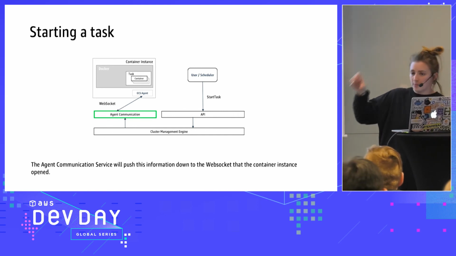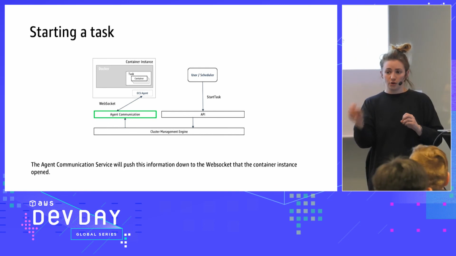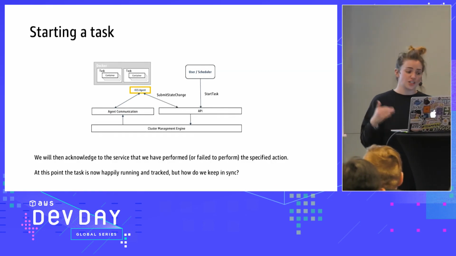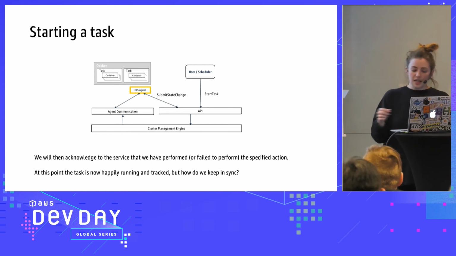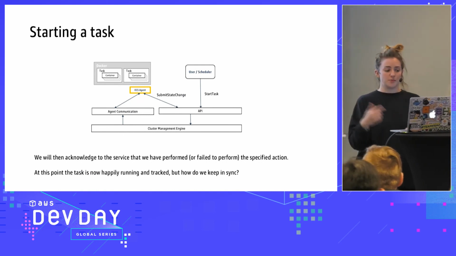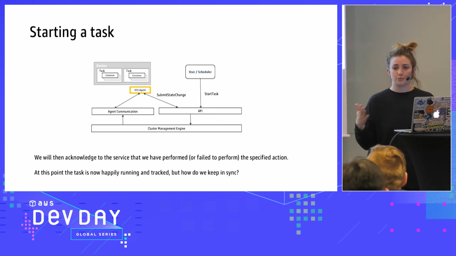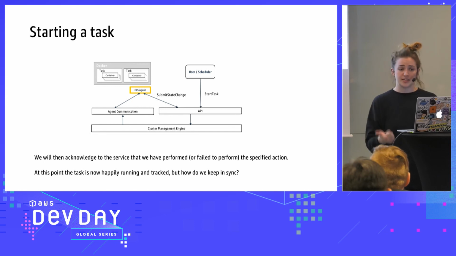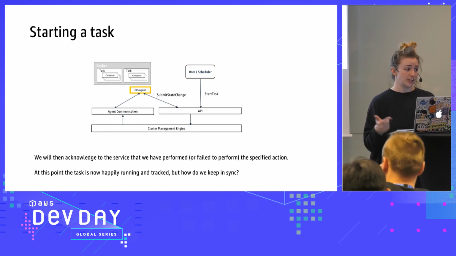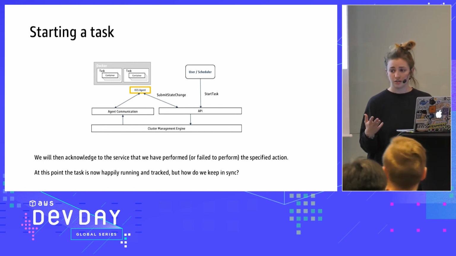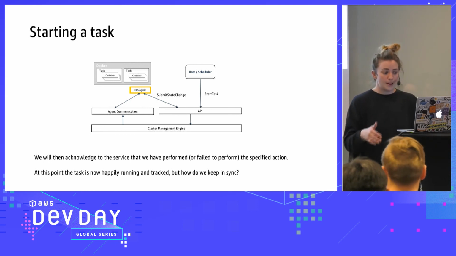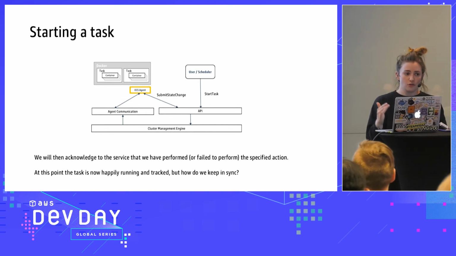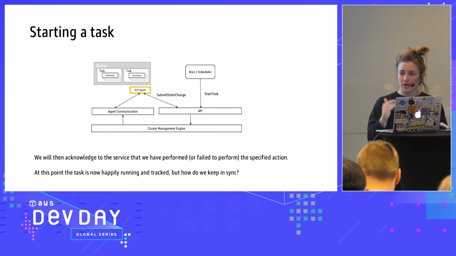It opens a WebSocket connection between the agent on the host and the ECS communication service that it needs to change its state. And then the ECS agent on the host responds back and says that it's either performed or failed to perform the requested action. So it started the task, it failed to start the task, it started and stopped the task, which is not great. So that's kind of the process that you're following through, and what's acknowledging what,